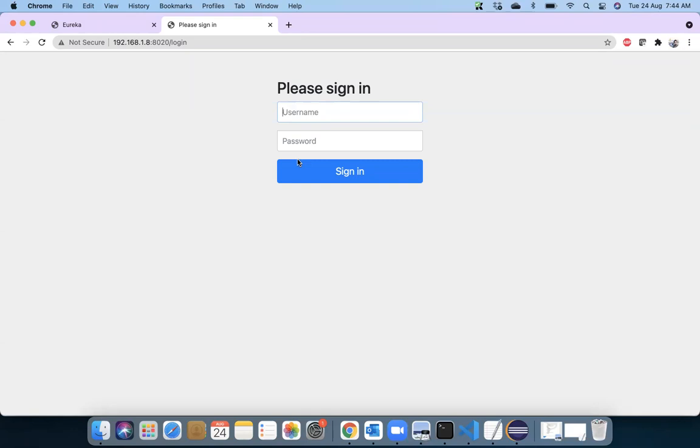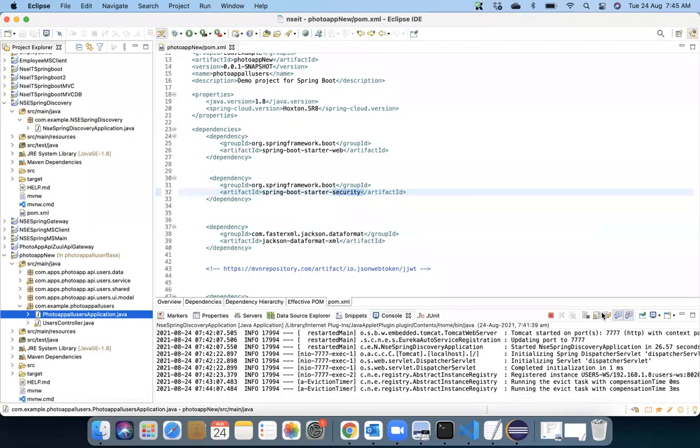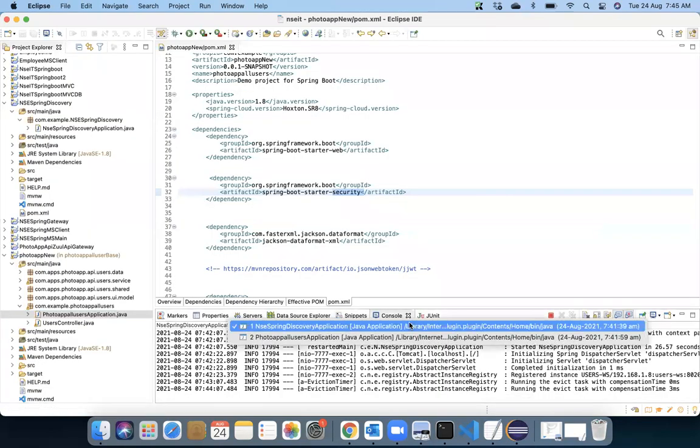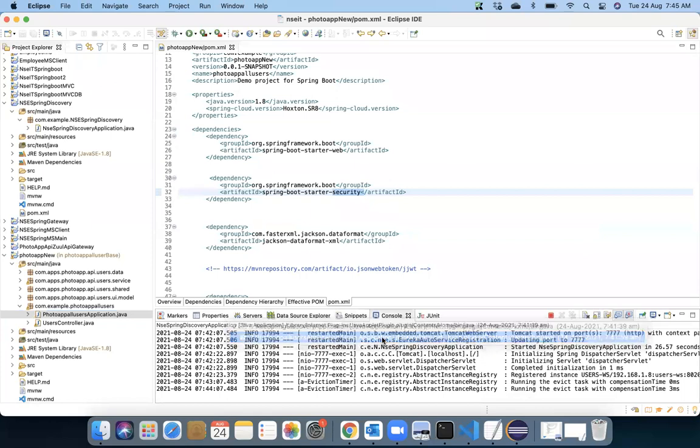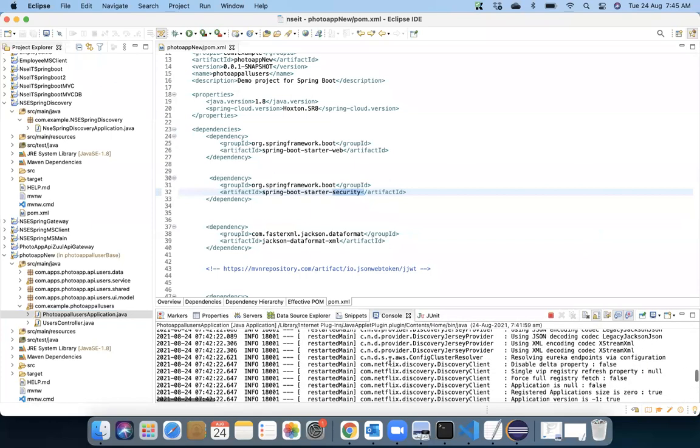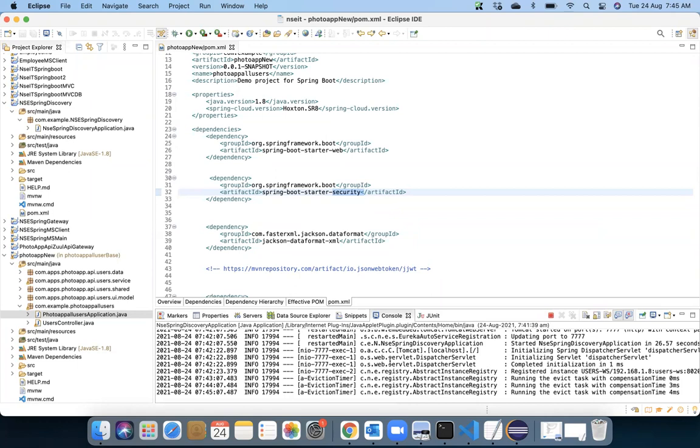But what will be the username and password? Because I don't know the username and password. So here it will be given. If you just see under your photo app users application, you might have seen a password has been generated.